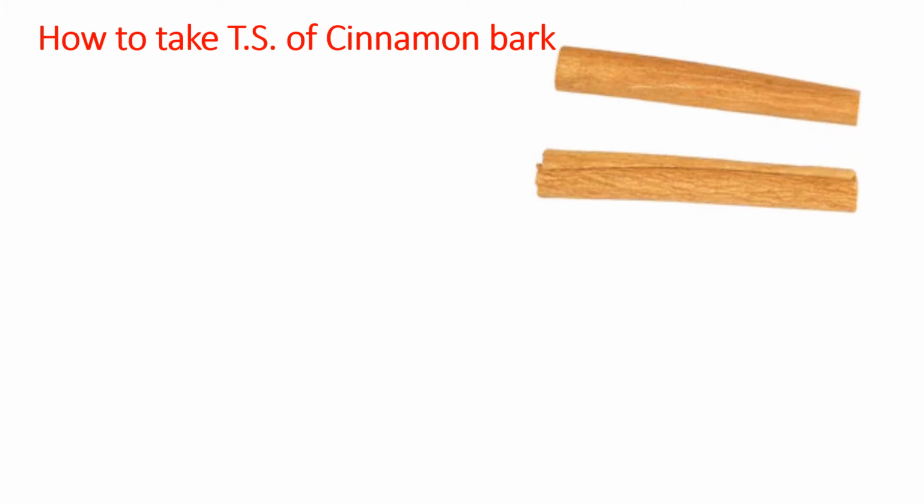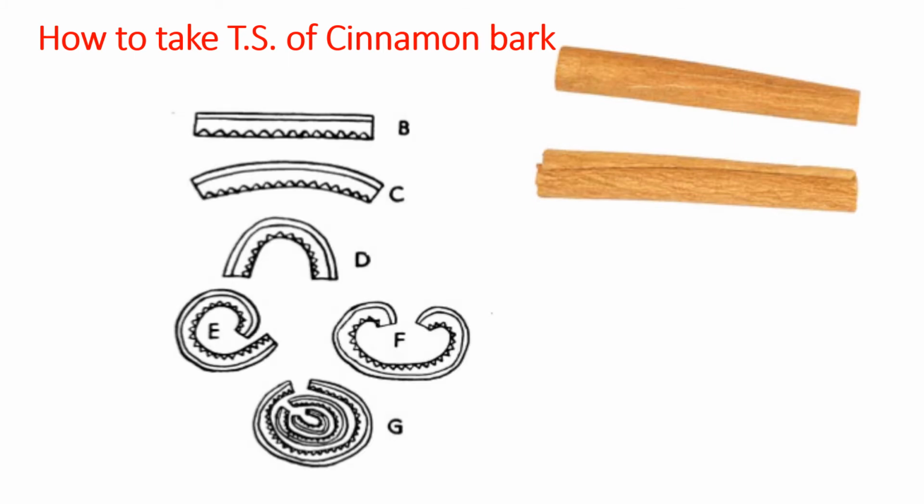Once you take the section, your sections can be of different shapes. Not necessarily always a quill will produce a quill shape. Sometimes you may get cut or broken sections. So it can be of B, C, D, E, F or G kind. No matter, as far as a detailed anatomy of the plant is concerned, you can choose any of these shapes. Do not always try to go for the single quill, that is this or this kind of shape. You can even continue your practical with this shape or this shape or even this shape.